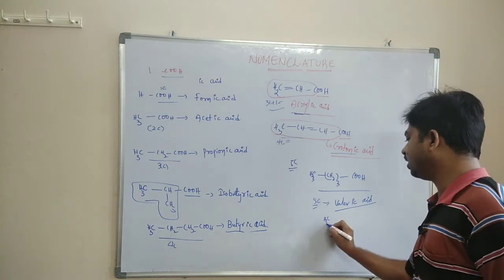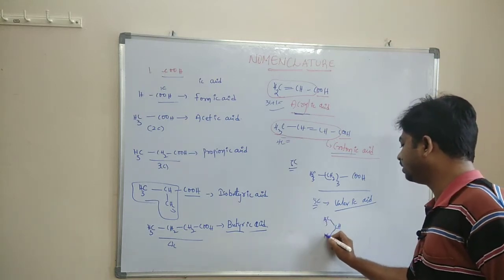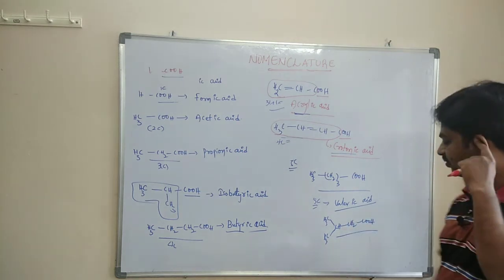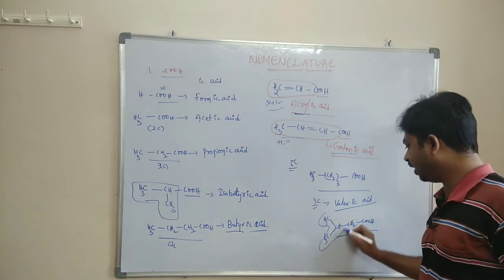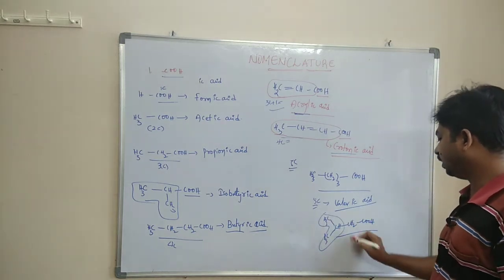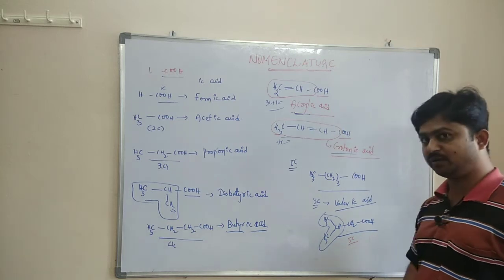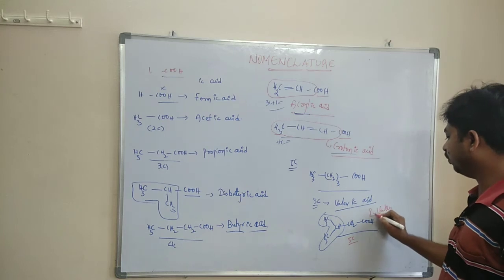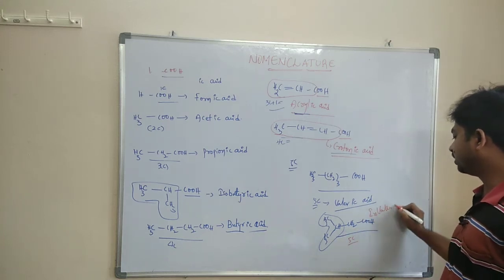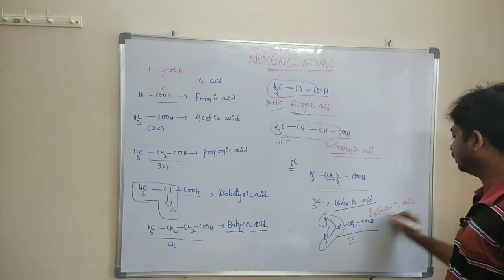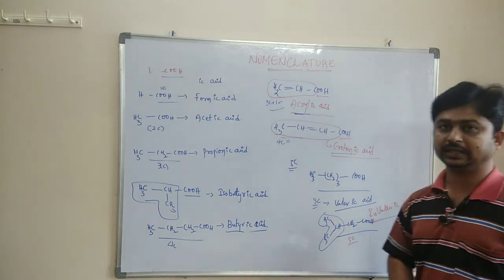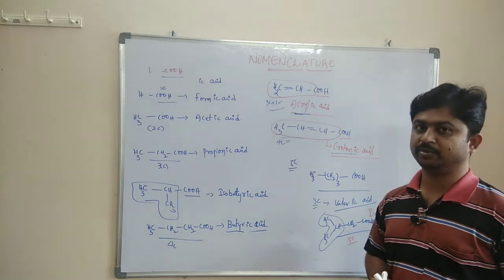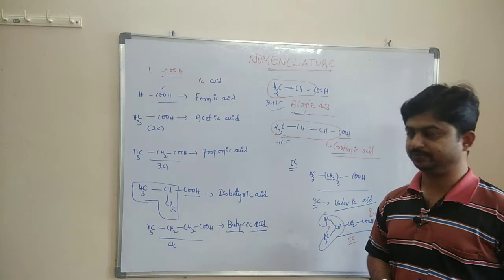If (CH3)2CHCH2COOH, what is the name of this compound? Here it has an iso group, and the total number of carbons is five. If five carbons are there, the word root becomes valer, so isovaler. Then the COOH suffix is ic acid, so isovaleric acid. Like that we can give names to the compounds based upon the common system.